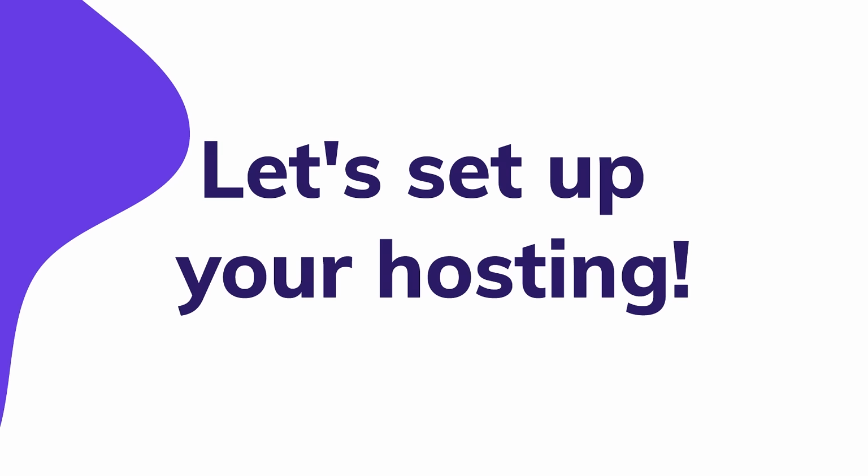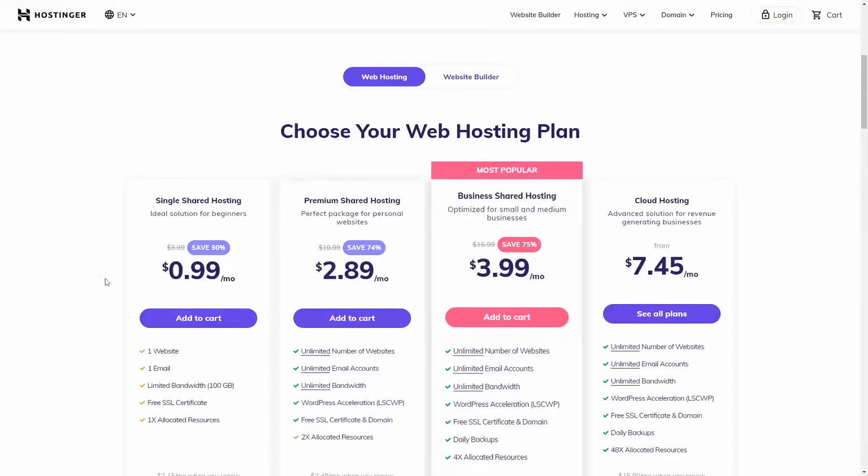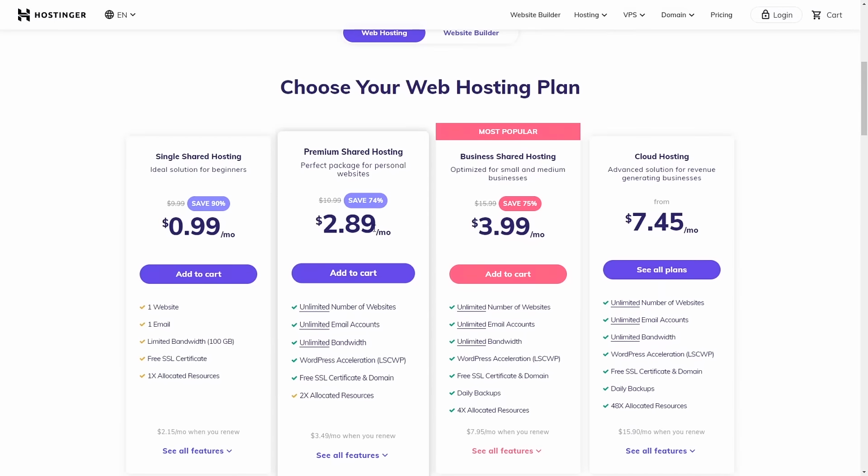Alright, so now you know a little bit about domain names, hosting, and WordPress itself. From here we can go and set up your hosting. So for this course I will be using Hostinger as my hosting provider, and let's start this lesson by selecting our hosting plan. So first of all you want to scroll down until you see this section, and I guess I will select the premium shared hosting plan for this course, because as you can see we will get an unlimited number